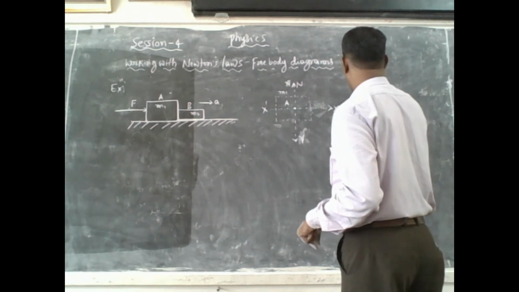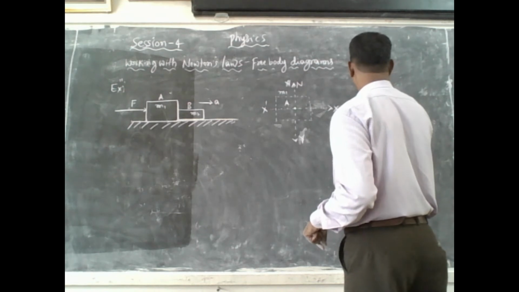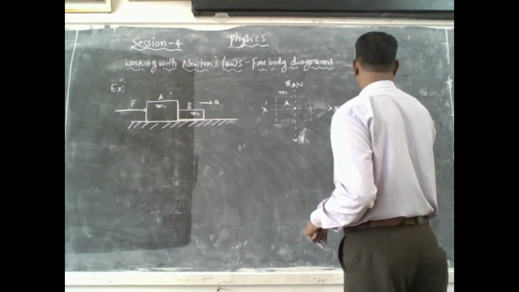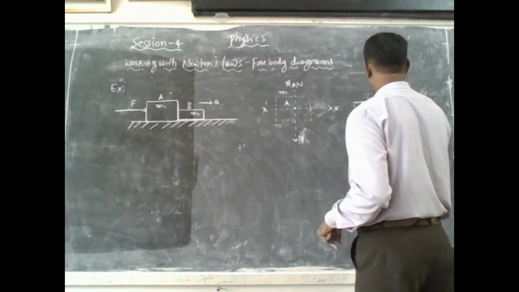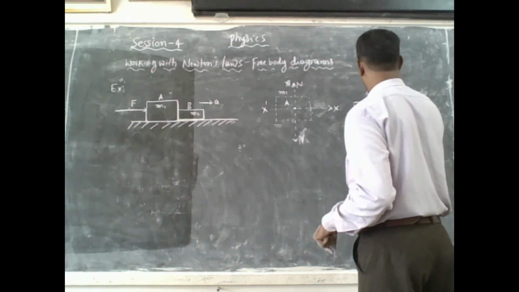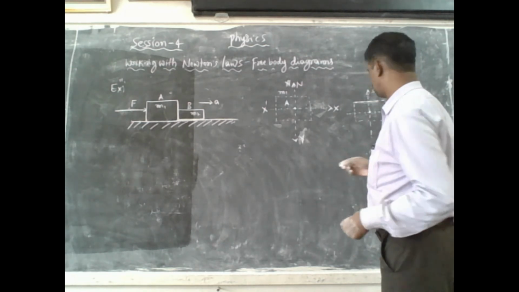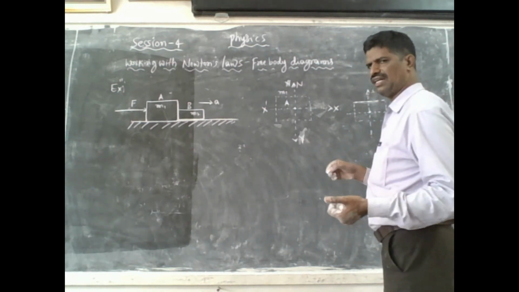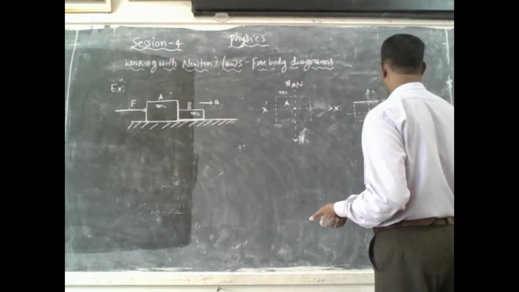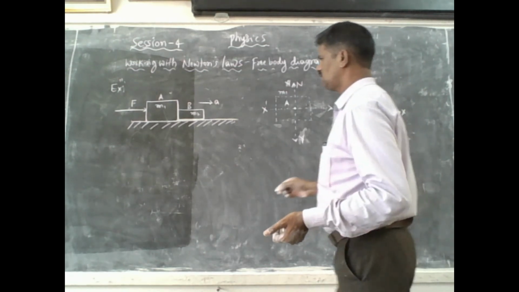And another body B, which we can also represent by the same rule. So this is the common point or horizon from which the direction can be taken out along x-axis or y-axis or z-axis. If it is three dimensional, you can take three dimensional also. X, x dash, y, y dash. So here is the weight of the body.